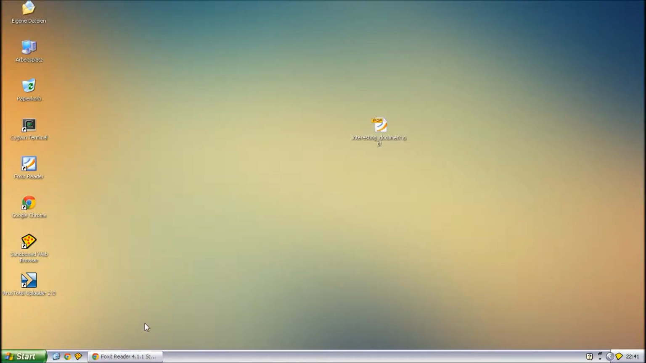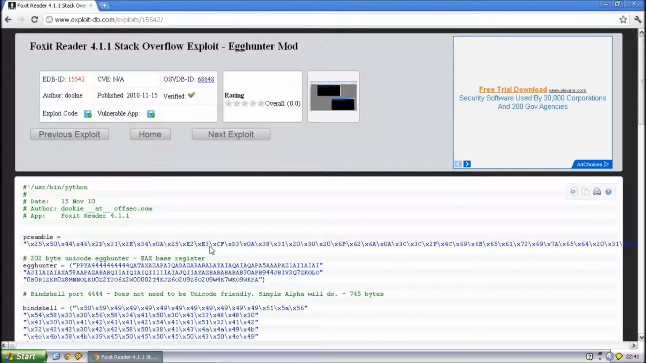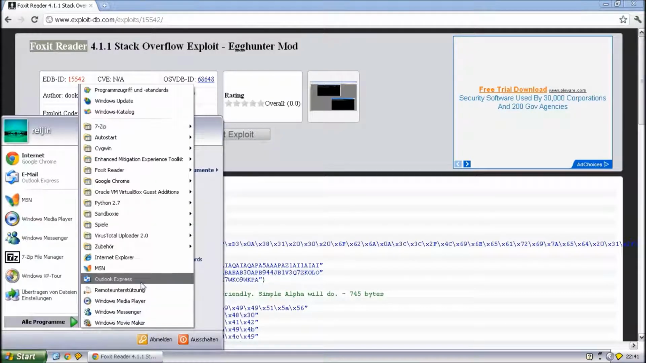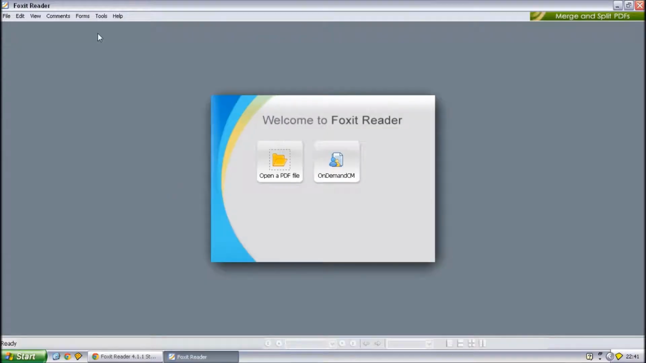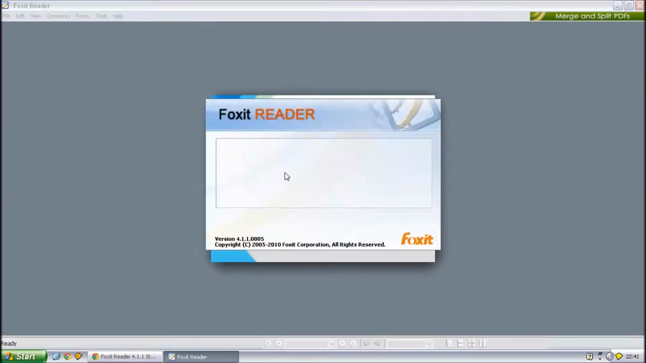So let me show you the exploit I'm going to use first. This is just for the persons who are interested. I downloaded this vulnerable, obsolete version of Foxit Reader. It's 4.1.1. Let me show you. Oh my god, there it is. Yeah, Foxit Reader 4.1.1, and the other stuff is